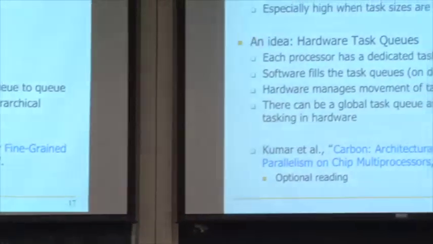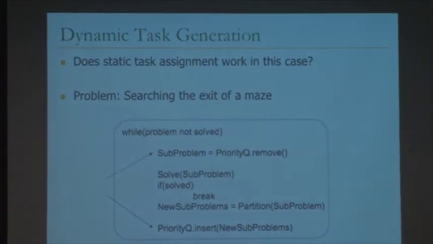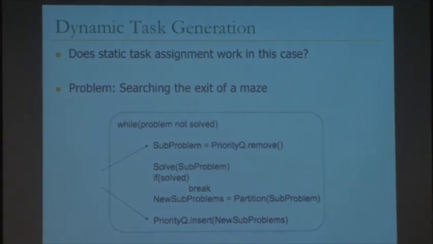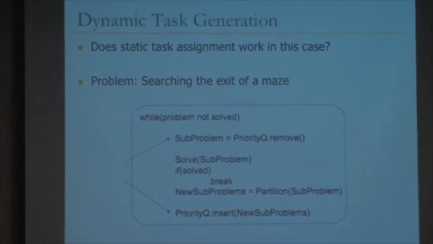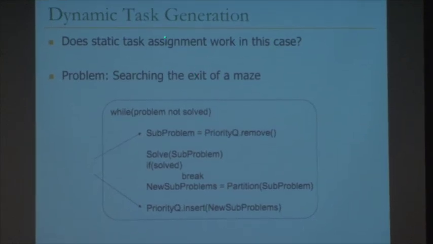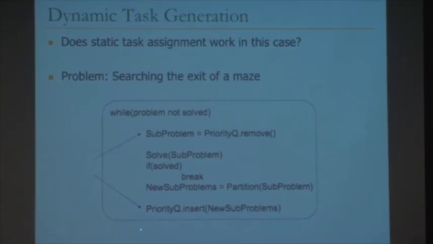One thing I'll leave you with is dynamic task generation poses additional problems, because sometimes you don't even know what tasks you have statically, right? You could still do static task assignment with dynamic task generation. This is an example, which I will not go into, but this is essentially you divide a problem into subproblems, and this task is essentially solving the subproblems, and then it's creating new subproblems, if you will, based on what happens. I guess one example that I've probably given you in some other courses, you're trying to find the exit